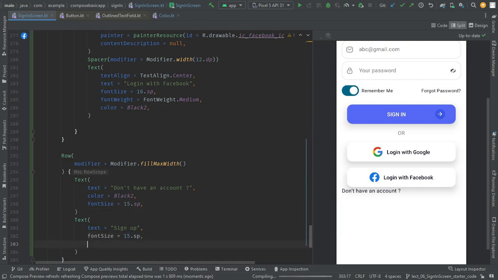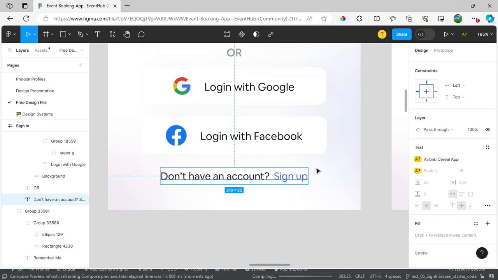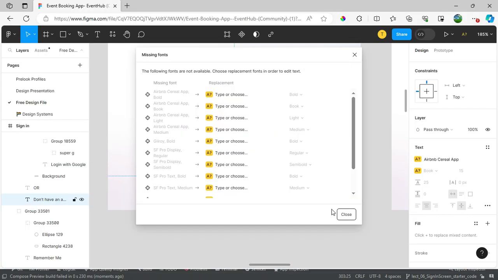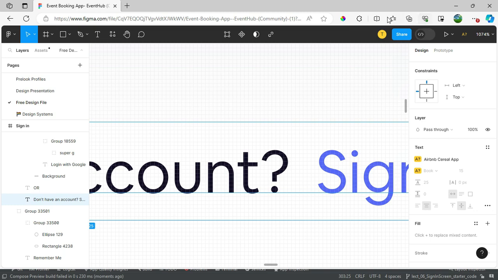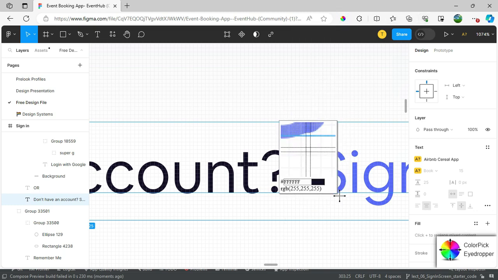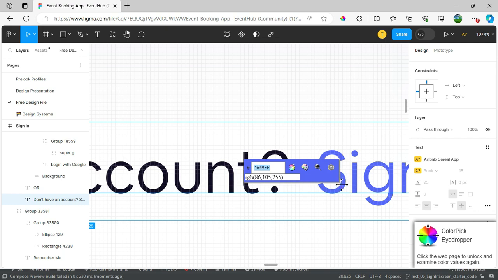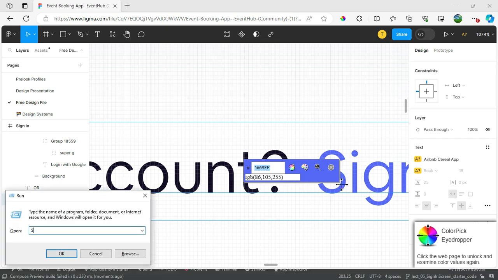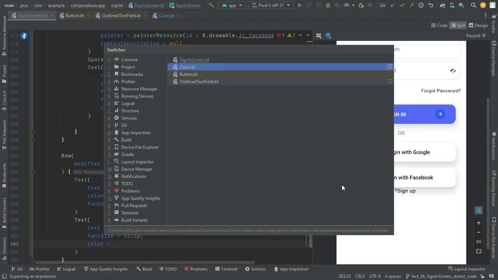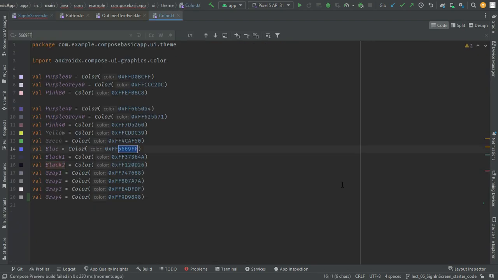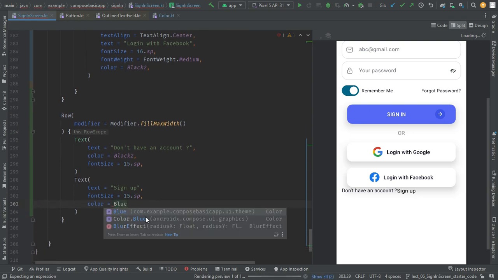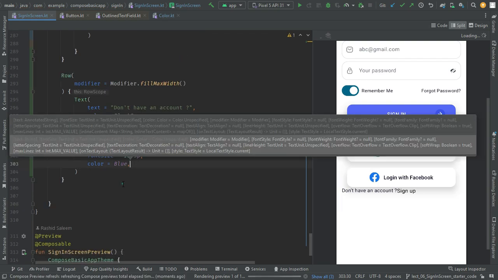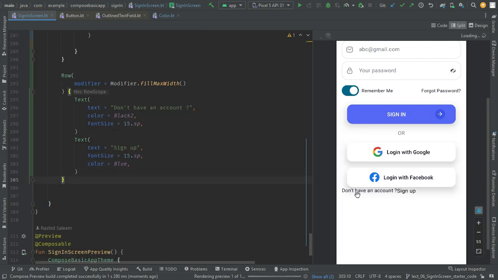and the font size is the same as the above one, which is 15 sp, and what is the color of this one? So again, I will need to pick this using the color picker. This is 5669FF. Copy this and check if this exists in our file. Yeah, this is the blue color. Blue one,